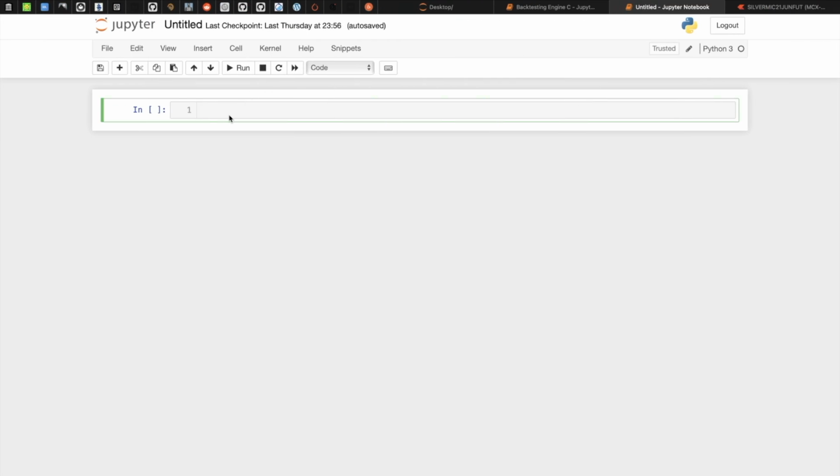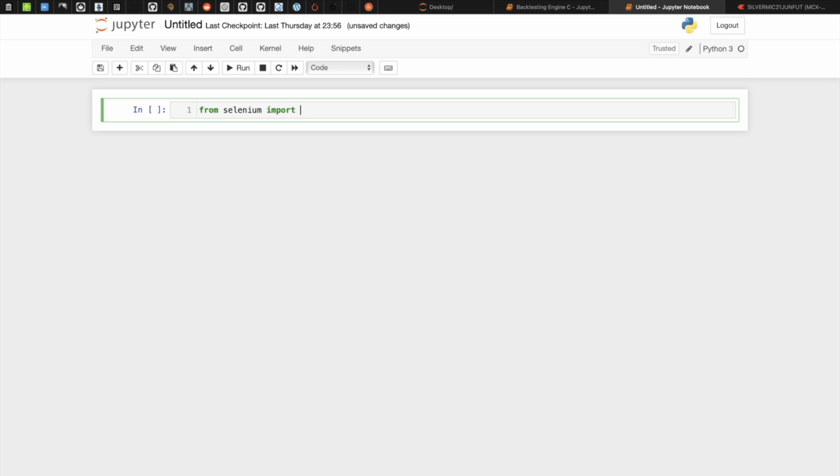First of all, we need to import a few libraries, like Selenium. From Selenium we'll import WebDriver in order to control the web browser.